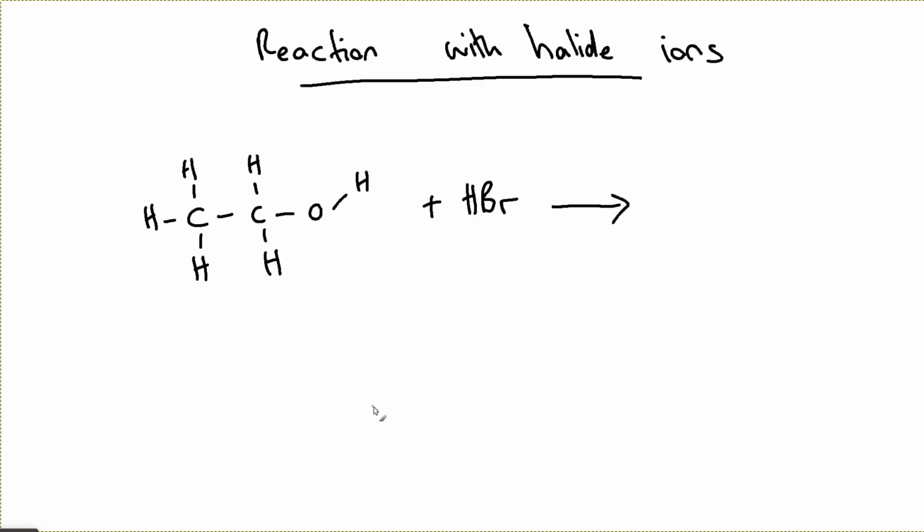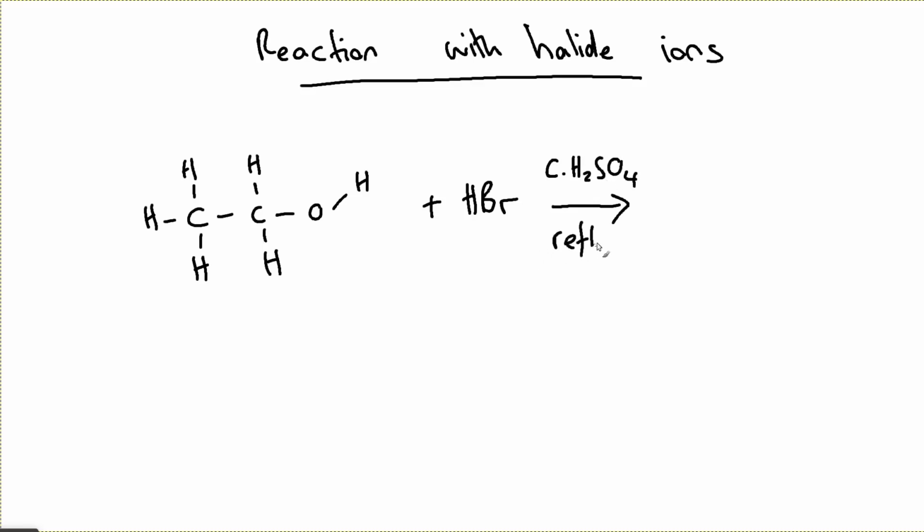The first reaction of alcohols that we're going to look at is the reaction with halide ions. So for example, aqueous HBr will give us bromide ions, and we can react that with an alcohol such as ethanol in this example. Now the reaction conditions we will need here is a concentrated acid catalyst, and we will need to reflux the